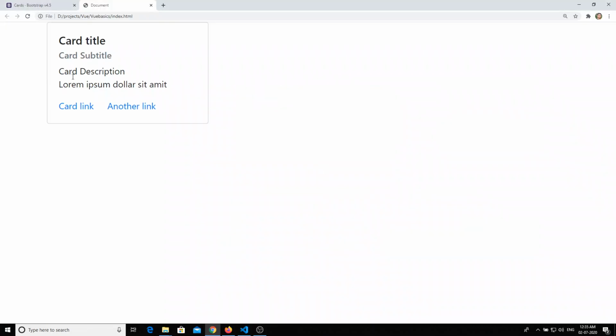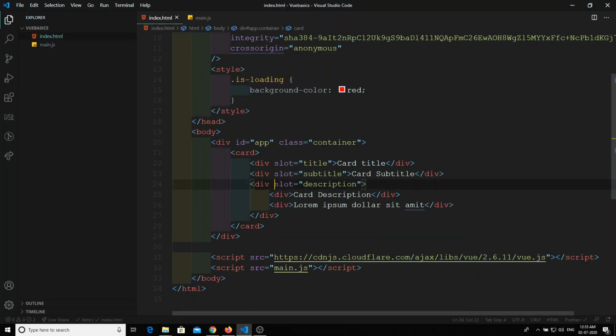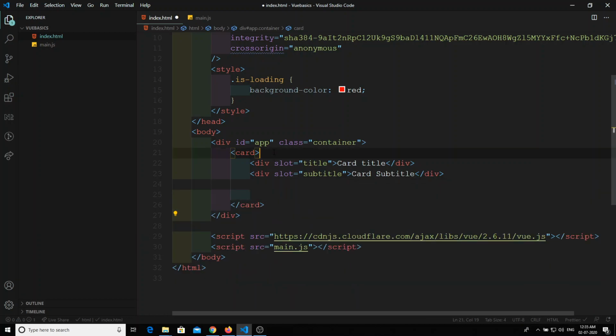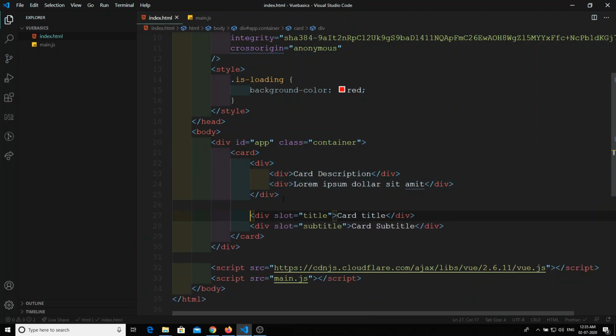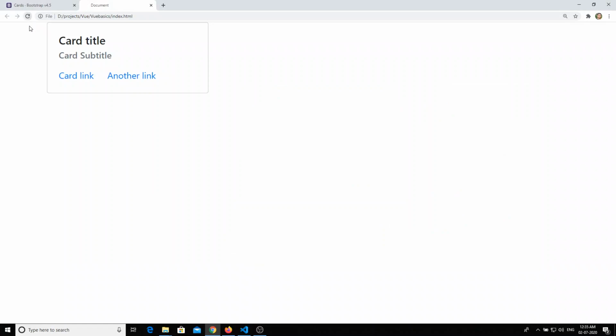Here, if we refresh this, we are not able to see the description. For this type of behavior, we can remove the div here, remove the slot here, and write anywhere whatever we want. If we mention top also, any markup for which a slot is not defined goes into the default slot here. So see, this is the output.